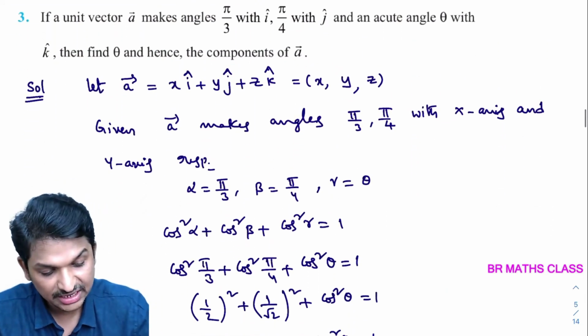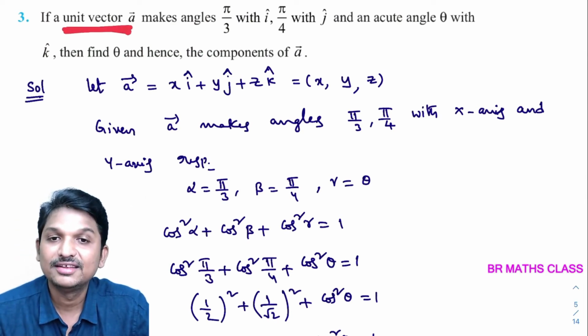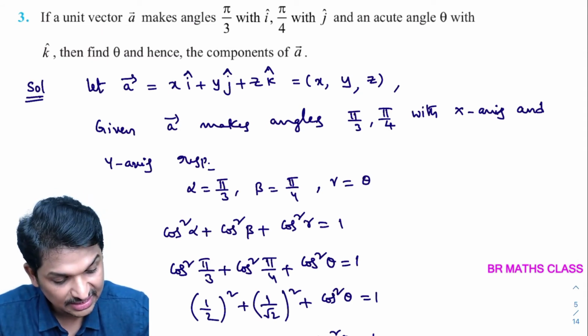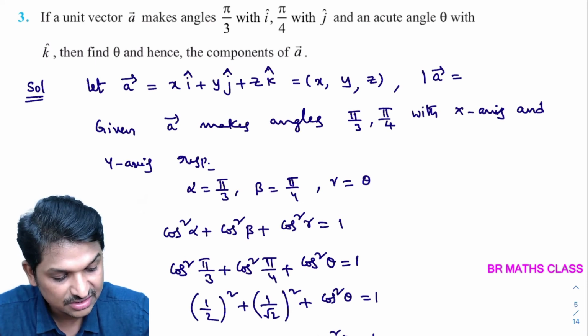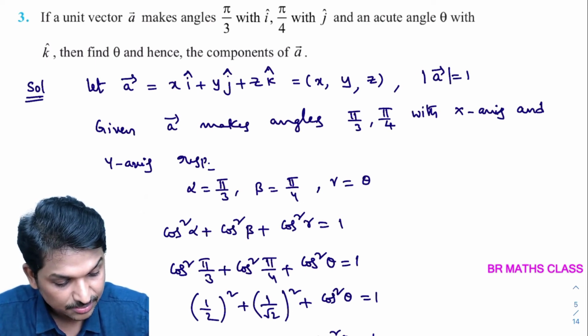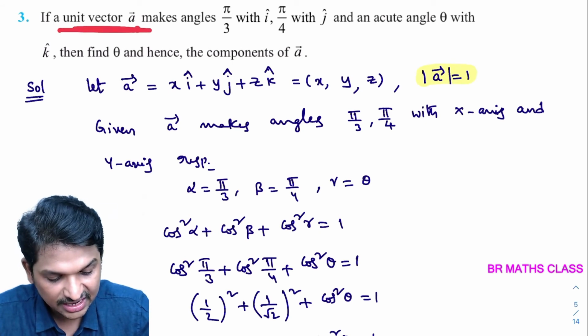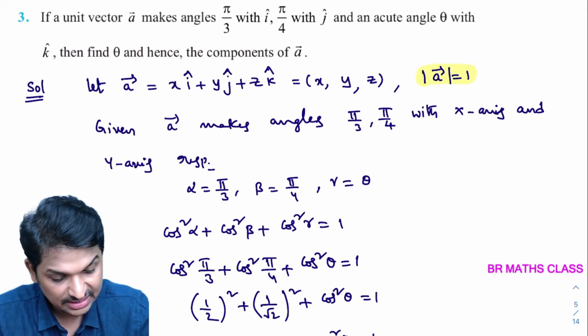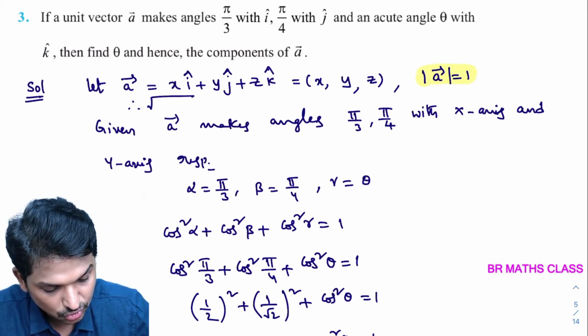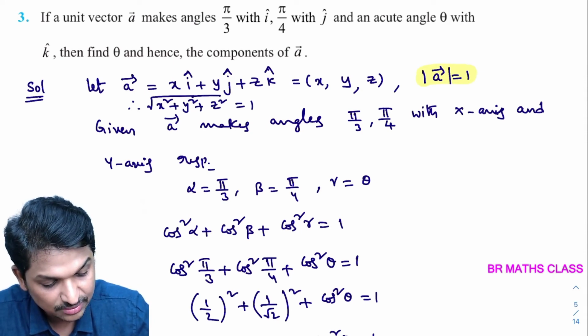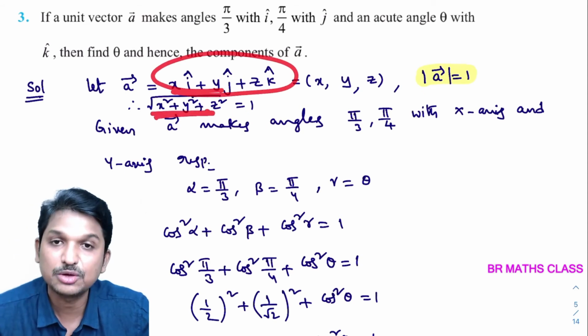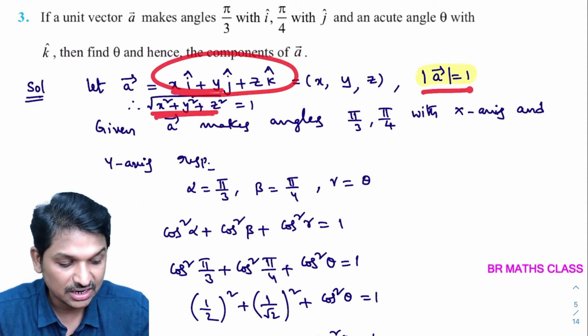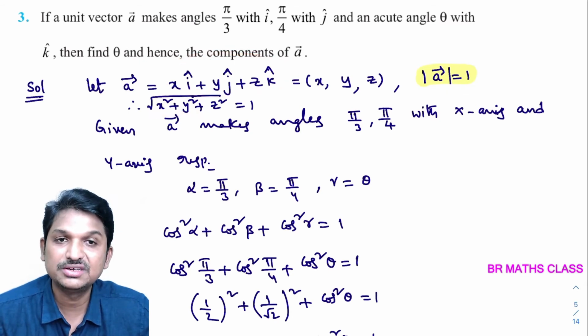In the question they have given a unit vector A bar. Here they have given that magnitude of A bar equals 1. Please try to observe this. A unit vector A bar. That means what is root over X square plus Y square plus Z square? Therefore, root over X square plus Y square plus Z square value is 1. The magnitude of this vector is root over X square plus Y square plus Z square. As they mentioned A bar as a unit vector, the magnitude of A bar is 1.